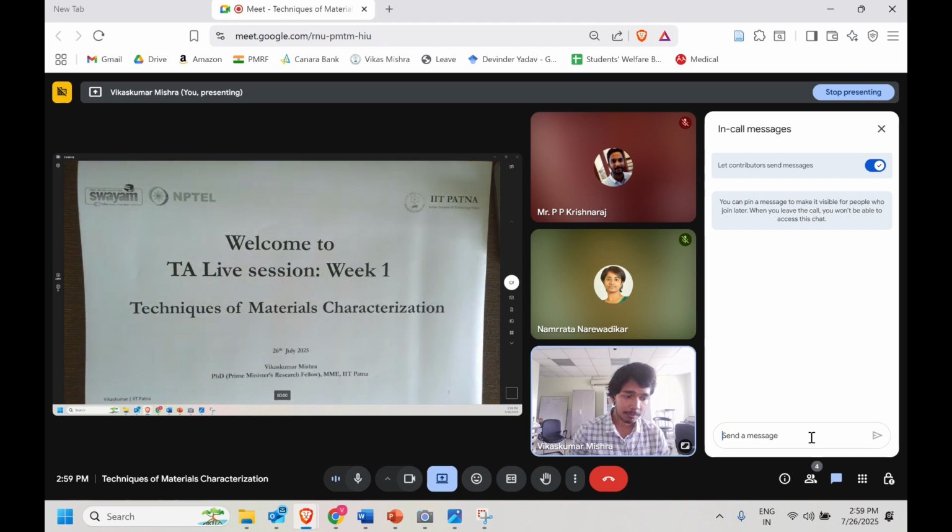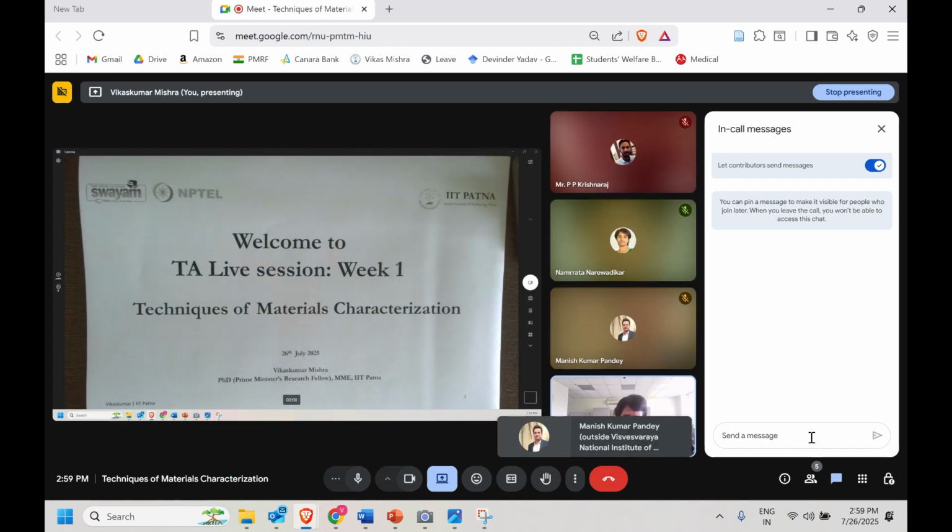Before we begin, let me give my introduction. My name is Vikas Kumar Mishra, and I am from IIT Patna. I am doing my PhD under Dr. Devendra Yadav. My department is Metallurgical and Materials Engineering, and I found that this course is a must and necessary for every metallurgist who is in the PhD, who is in research, even for BTech. They all should be aware of this. So it's a very good opportunity for me to learn and to help others also to solve their